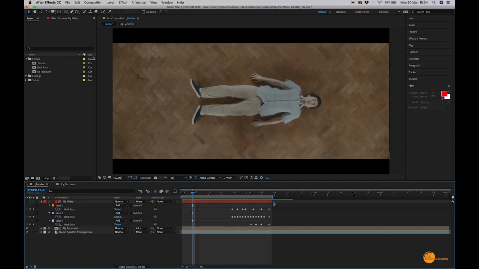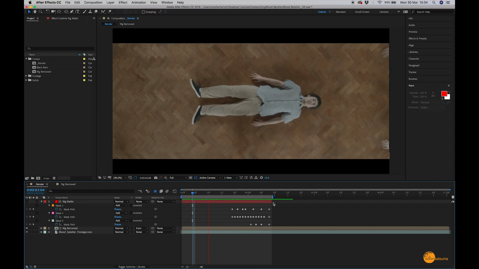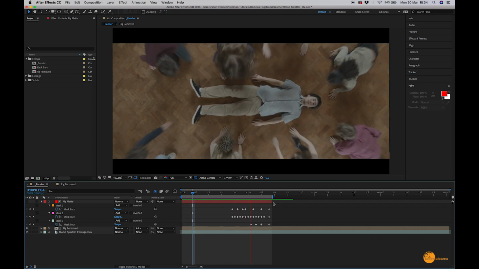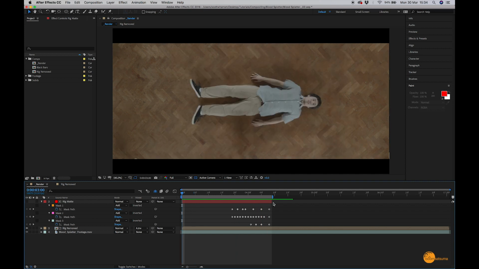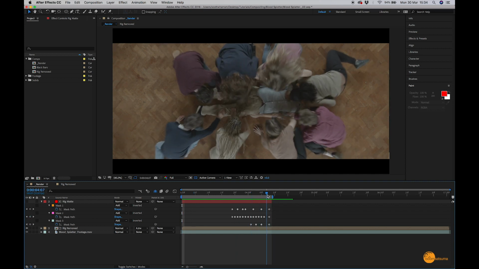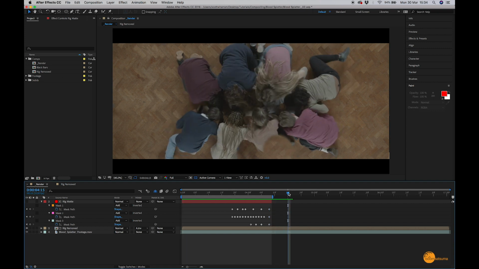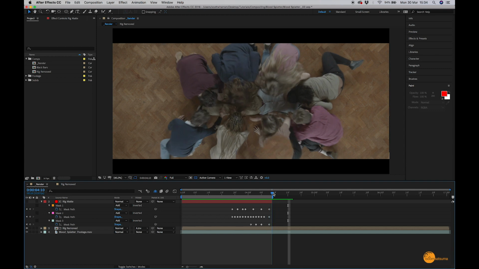Okay, so finished masking out, and as you can see now, we've got a completely removed rig, which is lovely. I'm going to go ahead and pause this playback, scrub through to the end, and we'll see we have a slight problem now that when we finish, our mask ends and this pops back on. Now, I'm going to fix this by dragging the end of our removed rig in